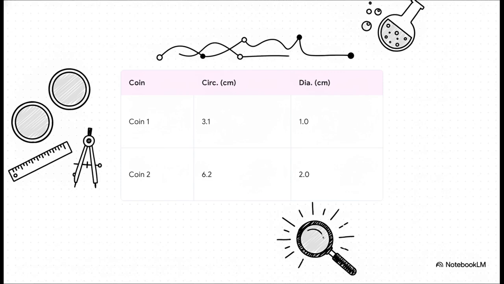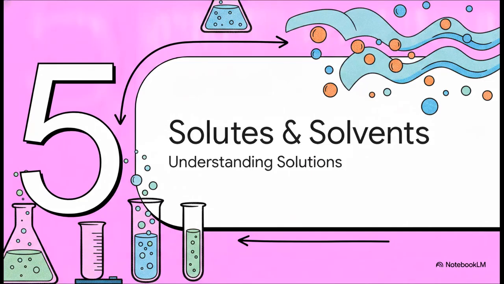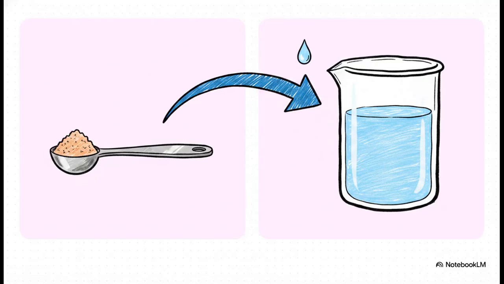Moving to Part 5, Understanding Solutes and Solvents. Let's apply all this to a real-world chemistry concept. Every single solution has two main parts. Look at this clear comparison. The solute is always the substance present in a smaller quantity. It's the thing that gets dissolved. The solvent, on the other hand, is the substance present in a larger amount that actually does the dissolving. If you can just remember this simple relationship, smaller gets dissolved, larger does the dissolving, you have officially mastered the